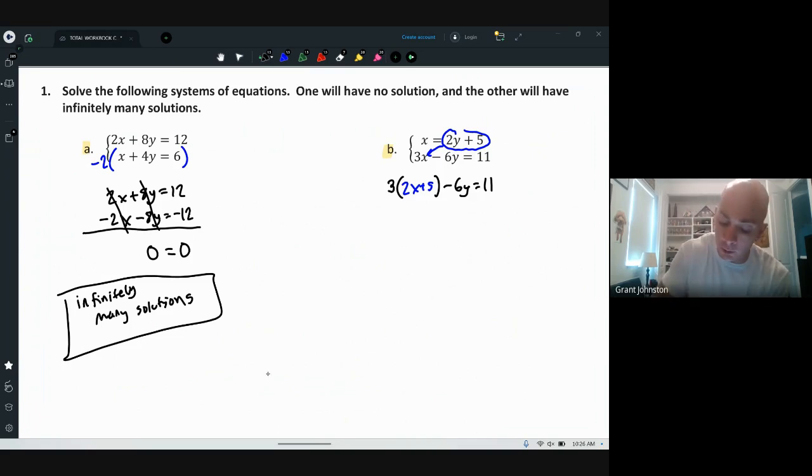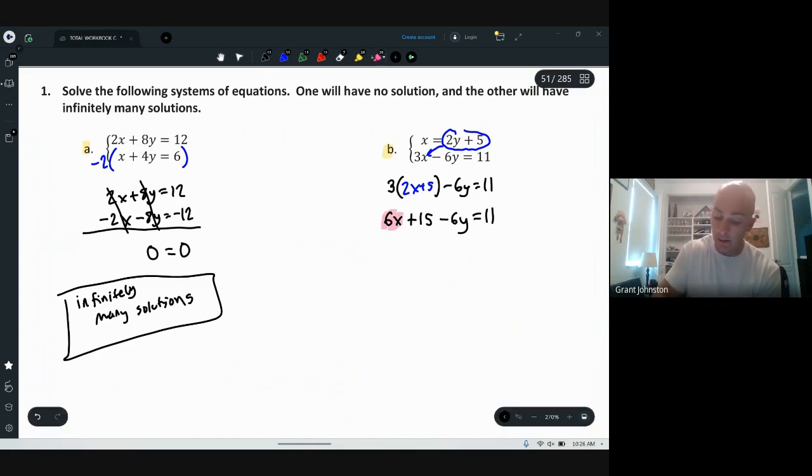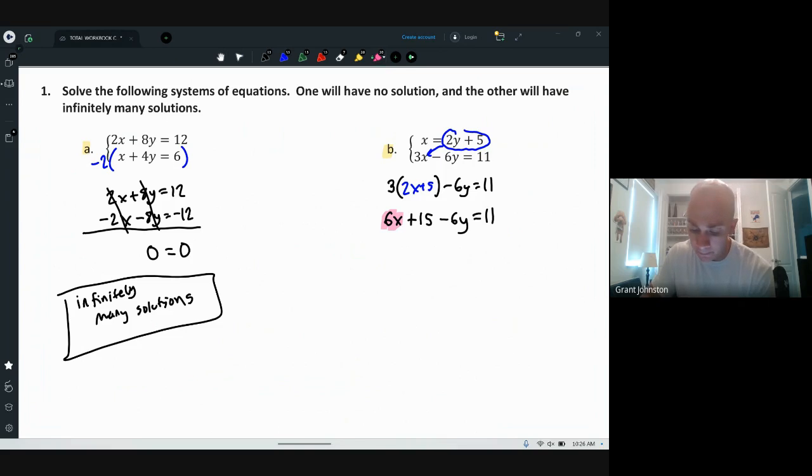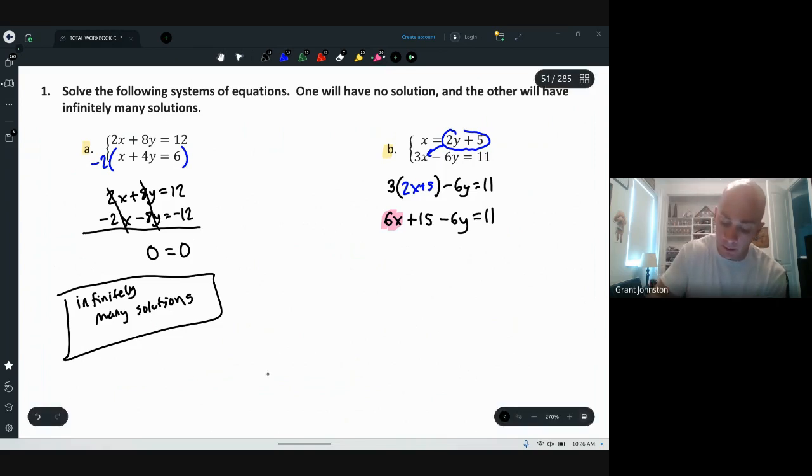So distribute: 3 times 2 is 6, 3 times 5 is 15. And then watch this. Look, we combine like terms. So we would be combining our 6x. Oh, whoops. I accidentally wrote that as an x there. I'm substituting 2y plus 5. So that should be, sorry about that, guys. That should be